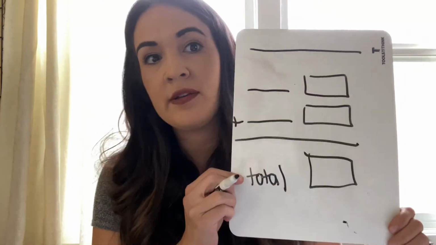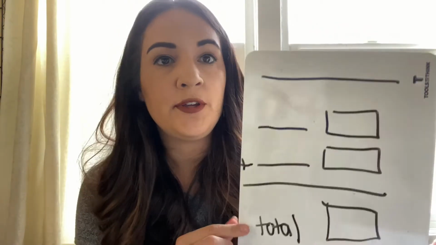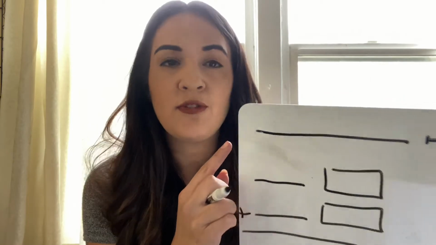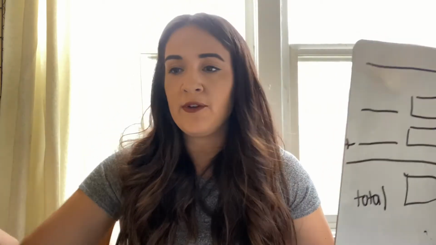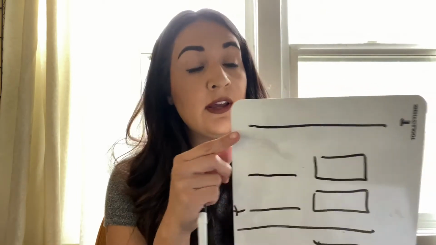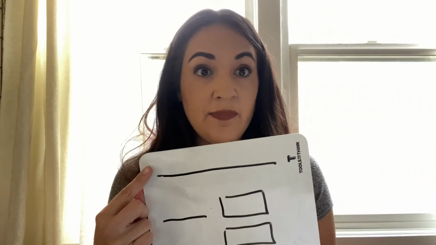So this is what my receipt looks like. What you're going to do first is write the name of the store. You can name the store whatever you want. You can name it Unicorn Kitty Store, whatever store you want it to be called. Go ahead and write it at the top. And then you're going to put your name next to it. So I'm going to write my store. My store is going to be called...